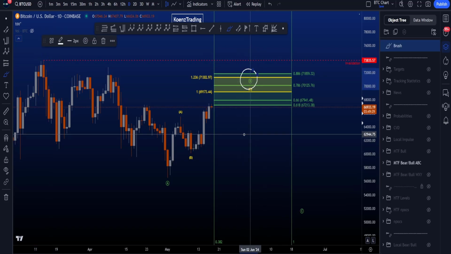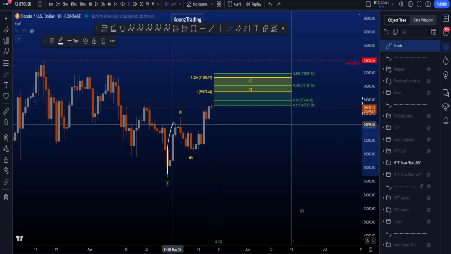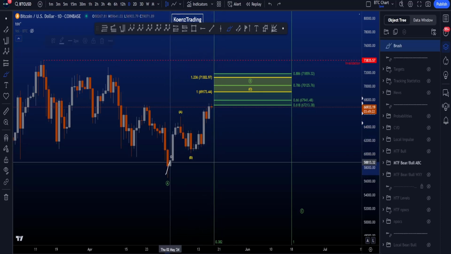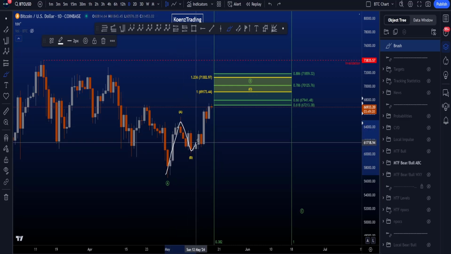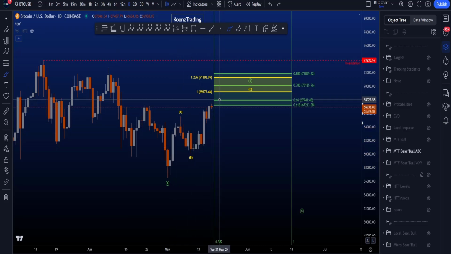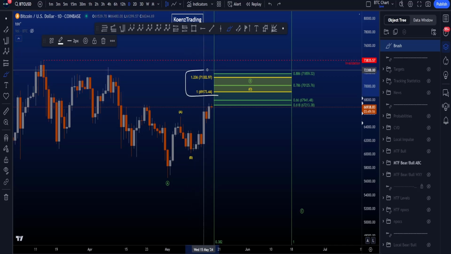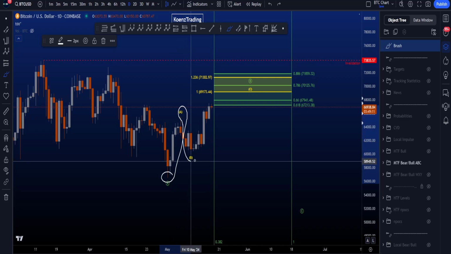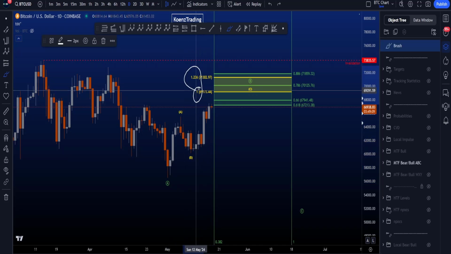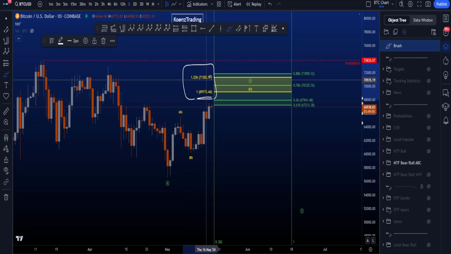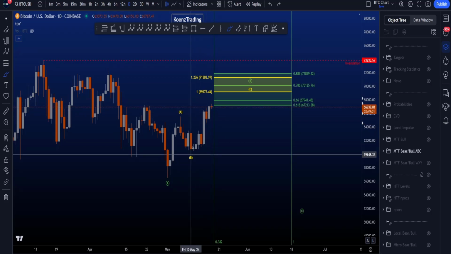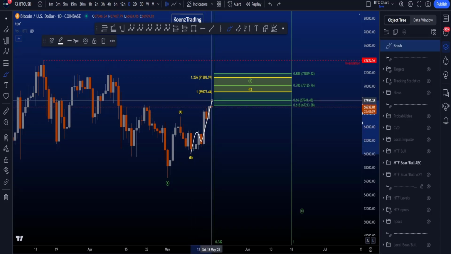Inside wave B, we're looking for a 3-wave structure, most commonly a zigzag, and on the lower time frames we can also count a zigzag to the upside in a 5-wave A, 3-wave B, and then an unfinished C to the upside, where the common target area for your wave C is the trend-based fib extension taken from the low to the high of A to the low of B, the 1 to the 1.236, giving you a target area between 69.1k and 71.3k. In this case, on the lower time frames, we're then looking for a 1, 2, 3,